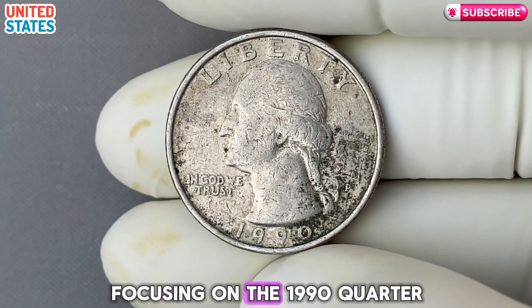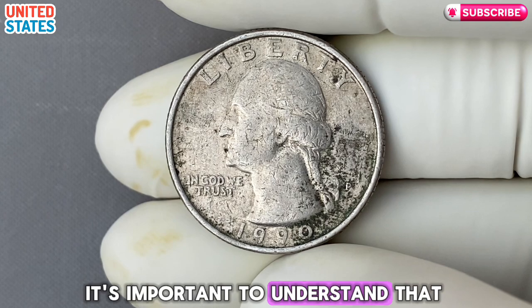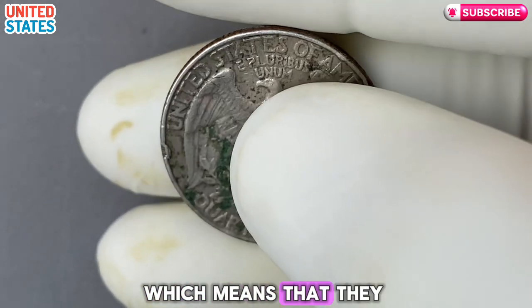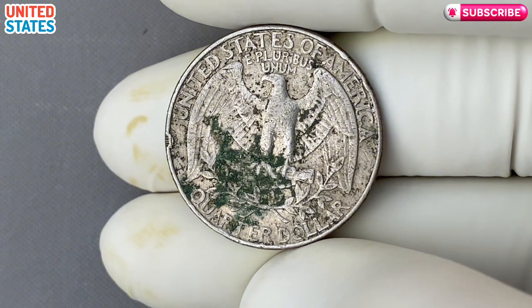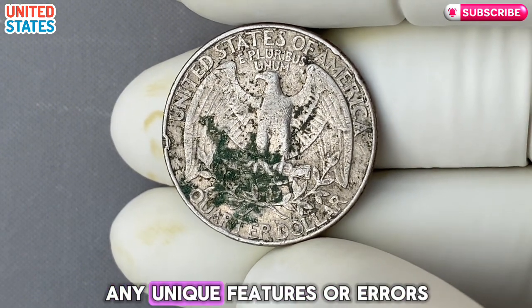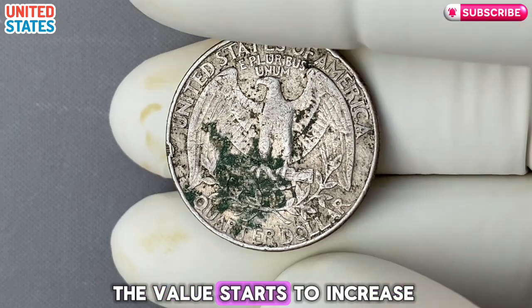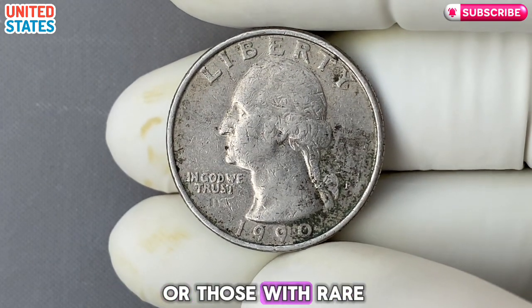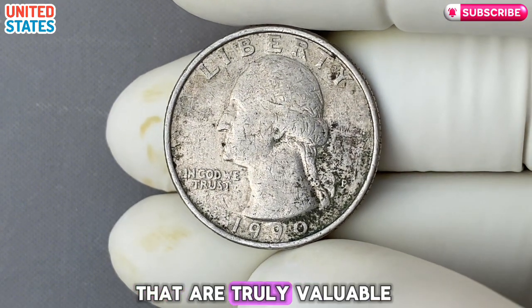As we're focusing on the 1990 quarter, it's important to understand that these coins were produced in relatively large numbers, which means that they are not inherently rare. However, when you factor in the condition of the coin and the presence of any unique features or errors, the value starts to increase. It's the high-quality examples, or those with rare minting errors, that are truly valuable in the